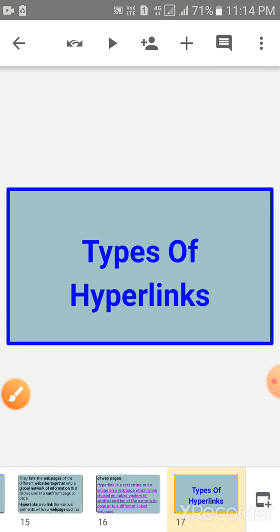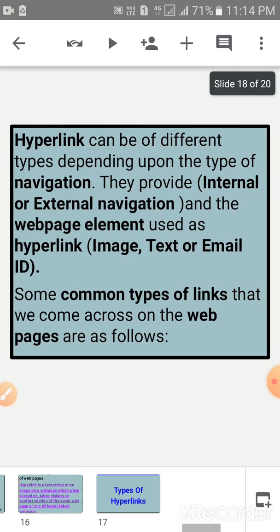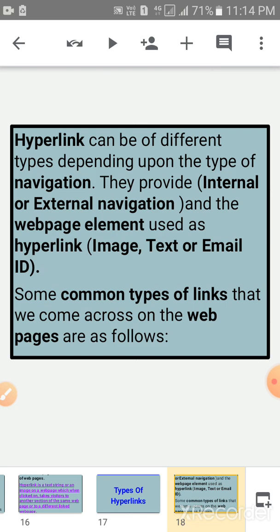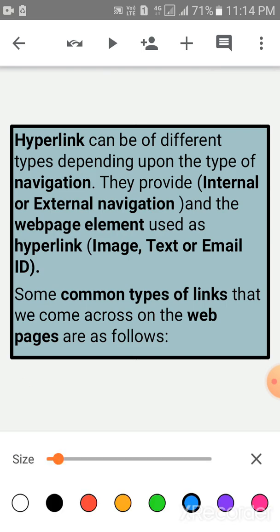Now children, there are three types of hyperlinks. Children, hyperlinks can be of different types depending upon the type of navigation.